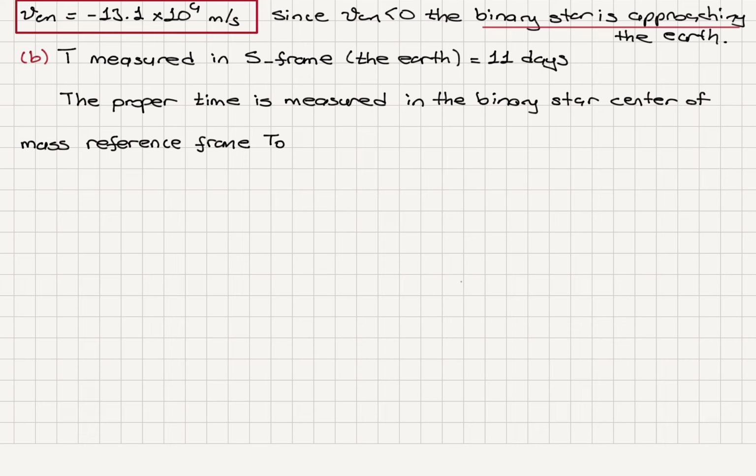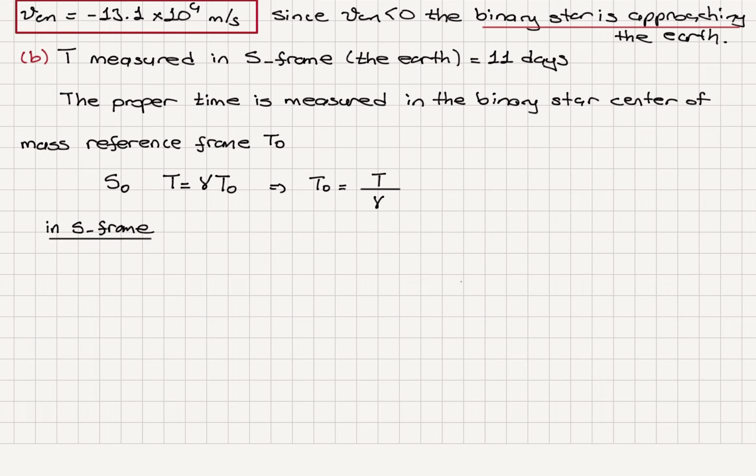Okay, so center of mass reference frame S0 measures the proper time. So the time measured by the Earth reference frame is dilated. It's the relativistic correction factor gamma times T0. Therefore, the proper time would be the time measured in the Earth reference frame divided by gamma. So that's the first thing I want to note. Now in the S frame, the Earth reference frame,